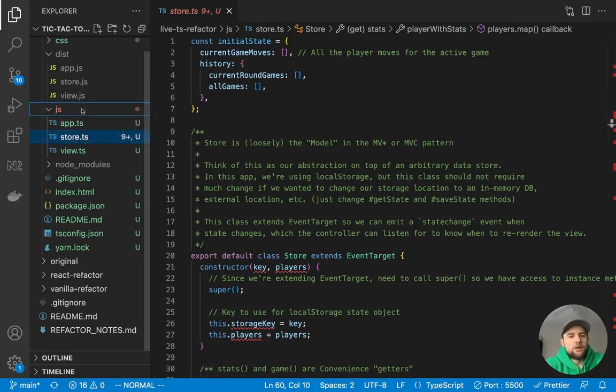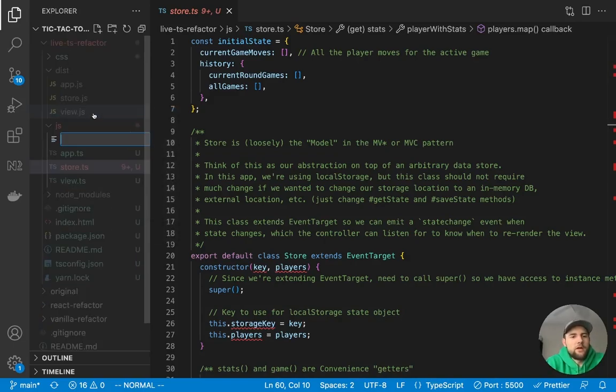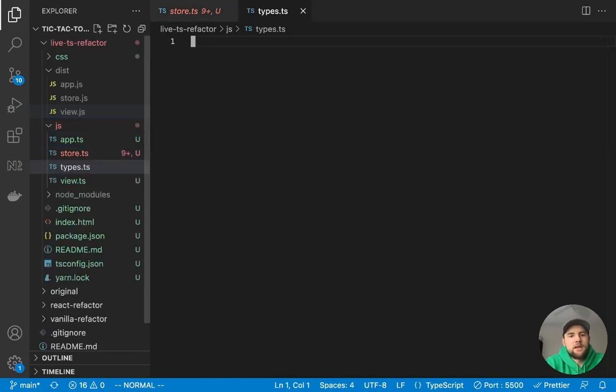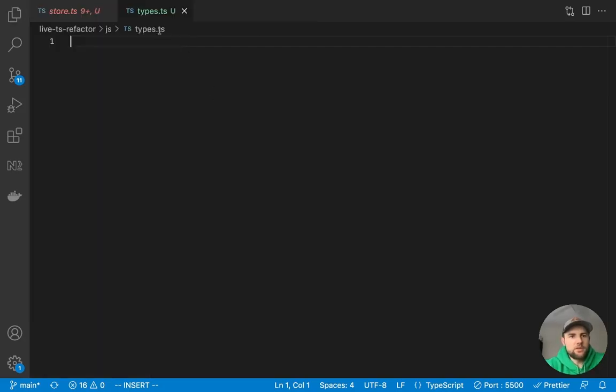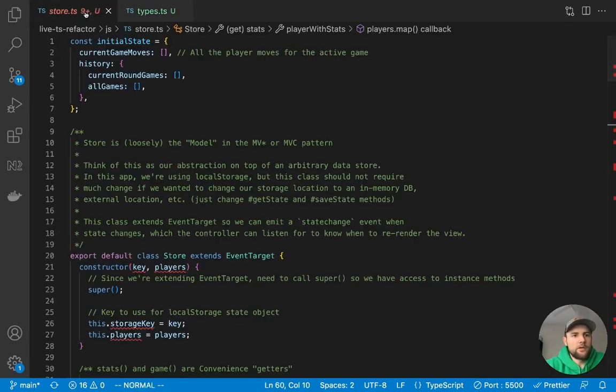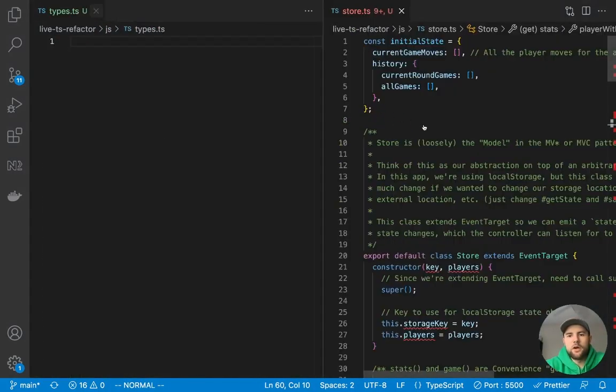Now in this folder, I'm also going to make a new file called types.ts. And this is going to be a module that exports a bunch of types that the rest of our files are going to consume and pass around to keep things more clear in our heads and to also satisfy the compiler. So let me just reference my final to make sure I'm getting the right types here. Okay, so let's close this out. Our types will go on the left and then we'll put our store on the right.